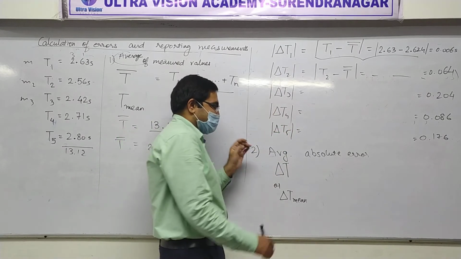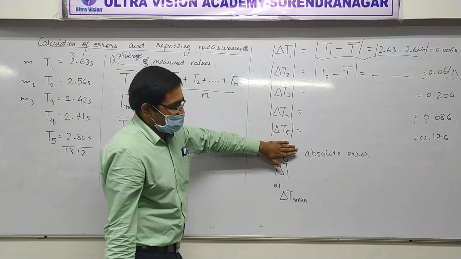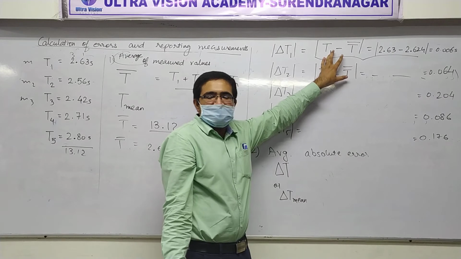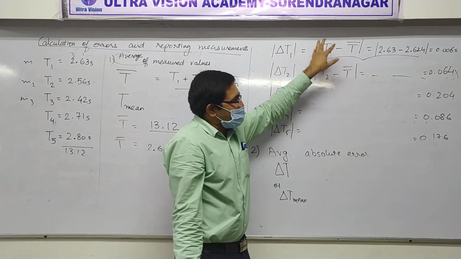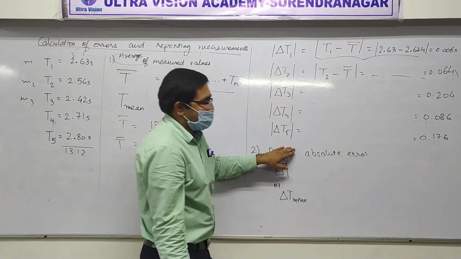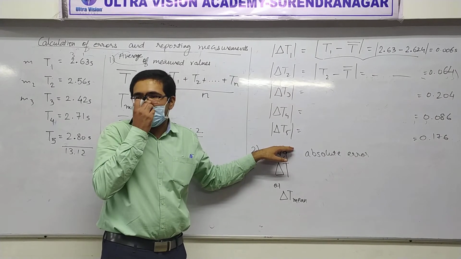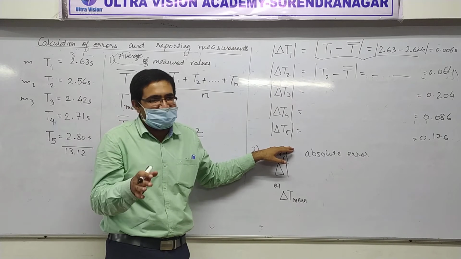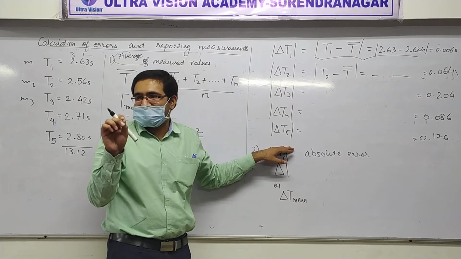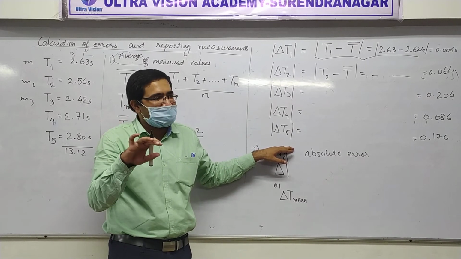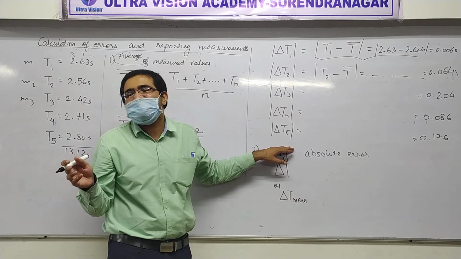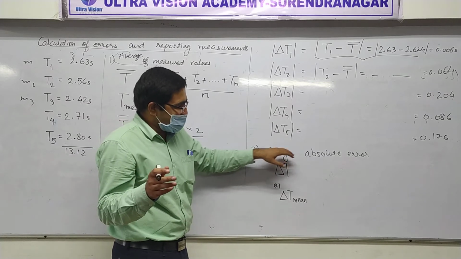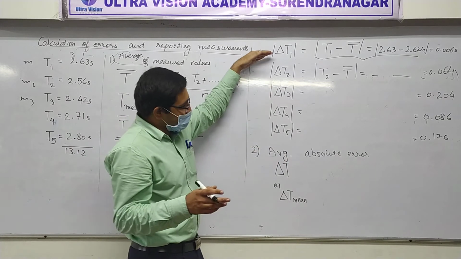So what is this actually? Absolute error means what? First of all, difference. This difference is called error. Yes or no? Yes. Okay, we are putting modulus. That's why the word absolute. Absolute means if it's minus 3, you take plus 3. If it's 5, you take 5. If it's minus 7, you take 7. Clear or not? Absolute means just take the value, don't take the plus or minus sign. Clear? Now, average absolute error means you take these absolute errors.